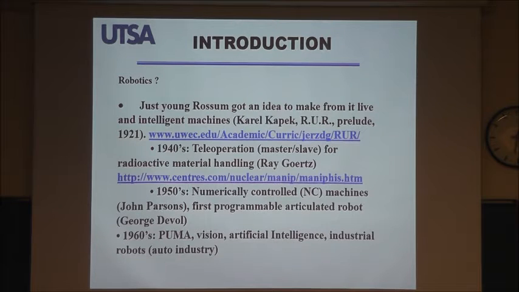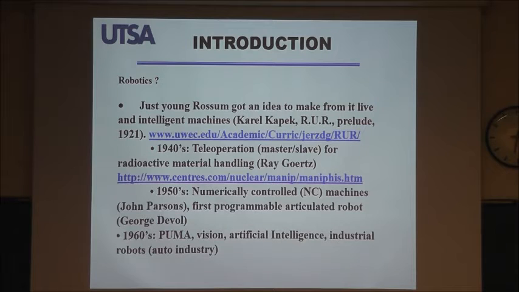In the 1921 time frame, there was a theatrical show in today's Czech Republic. And a gentleman by the name of Karel Čapek produced a bunch of what we now call humanoid robots as players in the play. And in that sense, the word robot first started from that point on. Again, you can help yourself going to a specific website. We don't have enough time to go through each individual one.